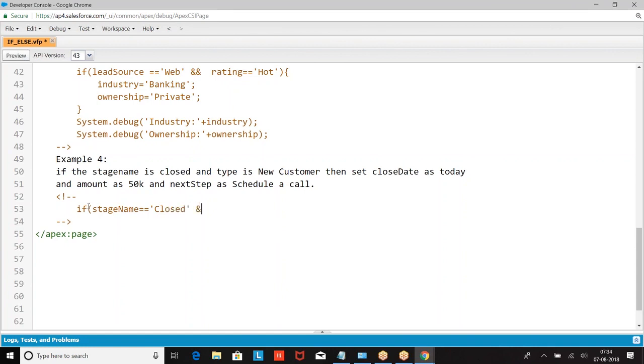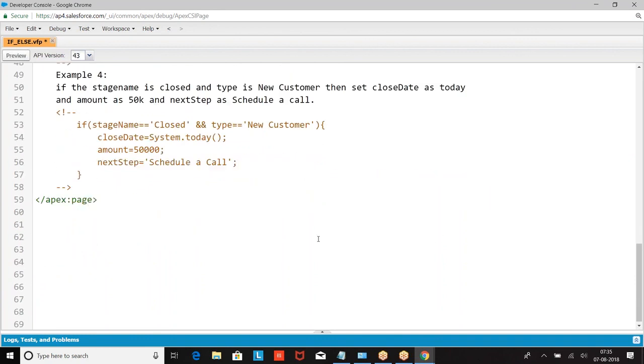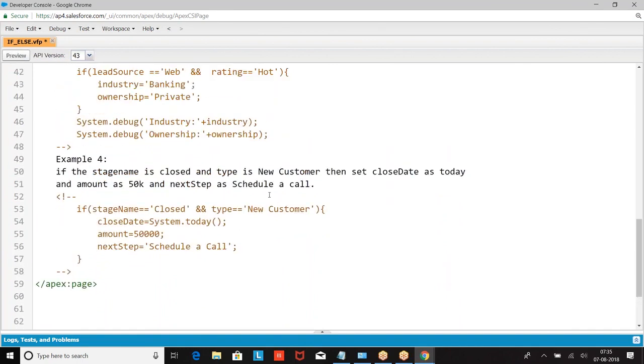If stage name is closed and amount equal to... So this system date means it will take by default the system date, right?